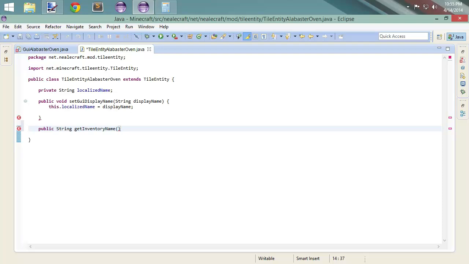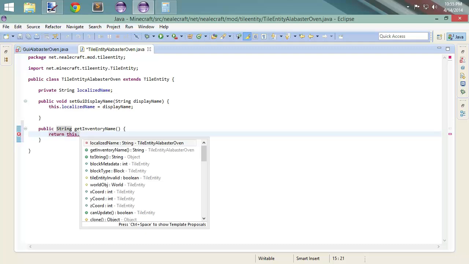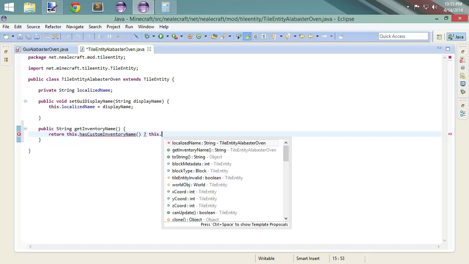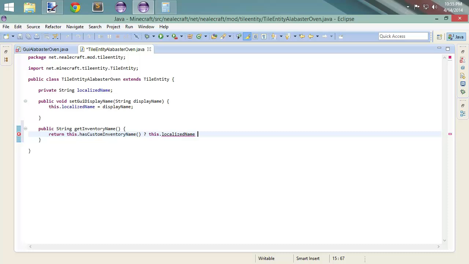And this used to be something weird. It was like is in name when it was 164, but they've tuned all those up right now. So we're going to return this dot has custom inventory name, and this dot localized name. Otherwise, we'll do container dot